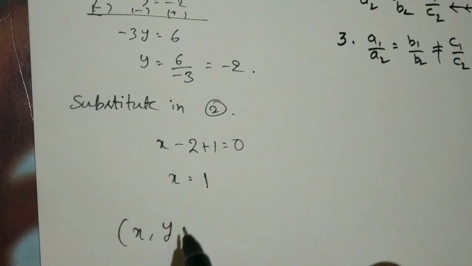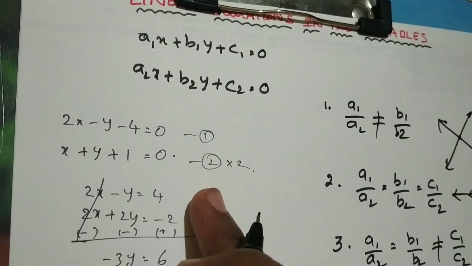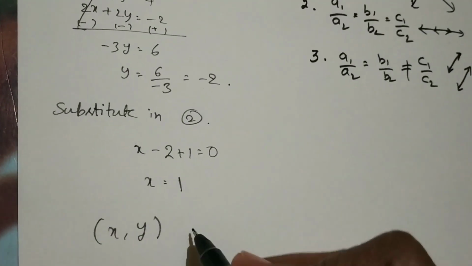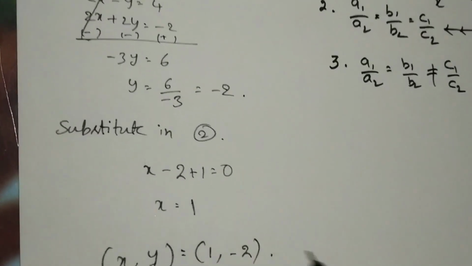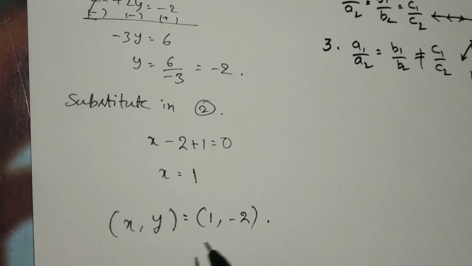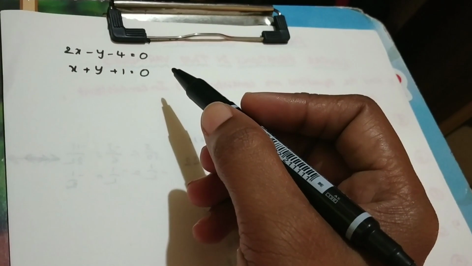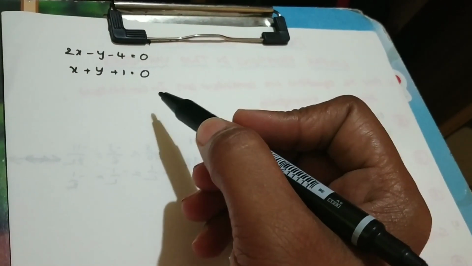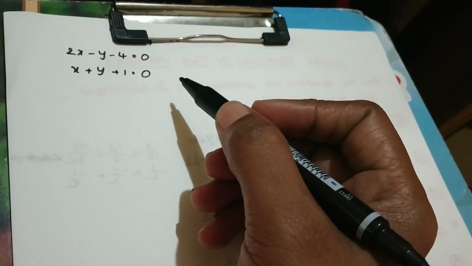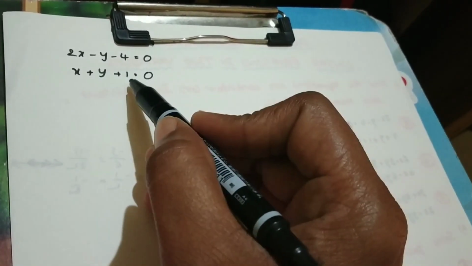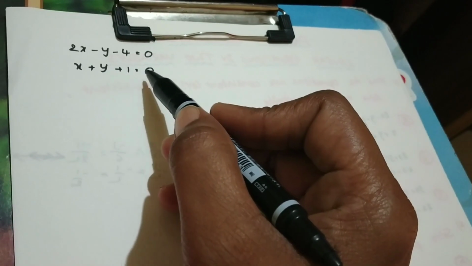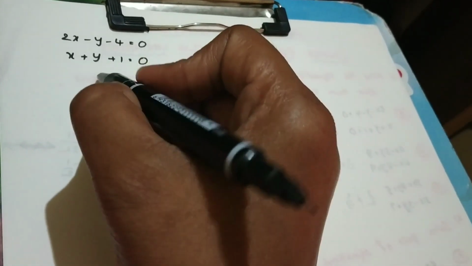So the common point of these equations is (x, y) equal to (1, minus 2). I am going to get it like this. This is the common point for both the solutions. Check whether (1, minus 2) is the intersection point, the common point of both the two equations or not. For this one, consider those two equations and solve those two graphically. They will ask that. So for this one,